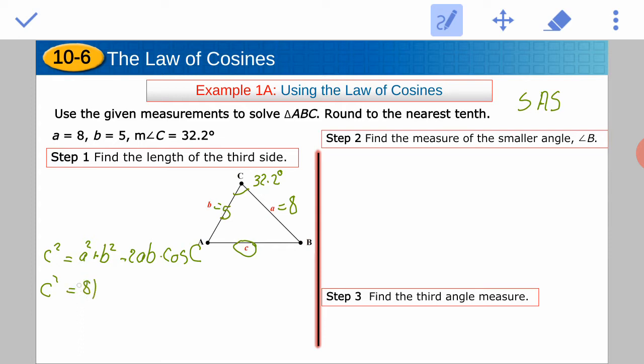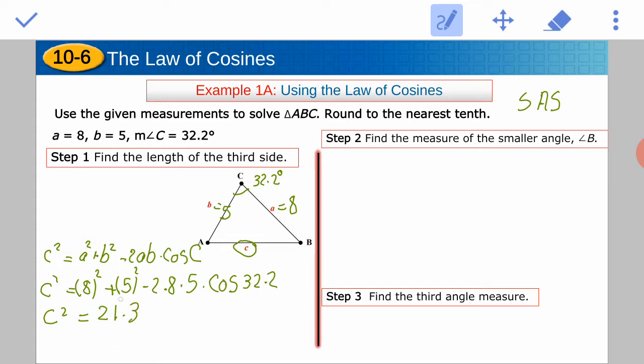Guys, I'm not gonna do any kind of calculation. I'm gonna put the whole thing on the calculator. Plus B squared, plus 5 squared, minus 2 times 8 times 5 times cosine the given angle C, which is 32.2. If you put all of that in the calculator, guys, you will get C squared approximately equal